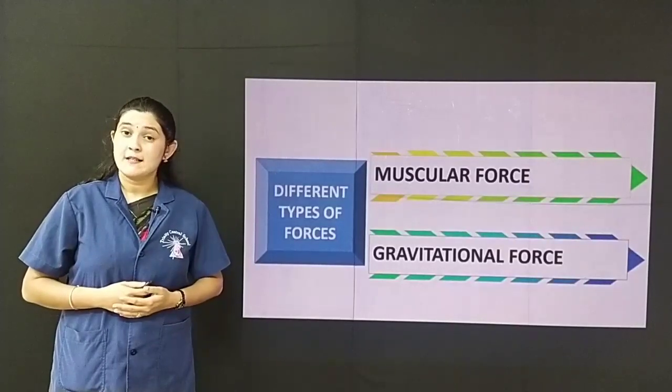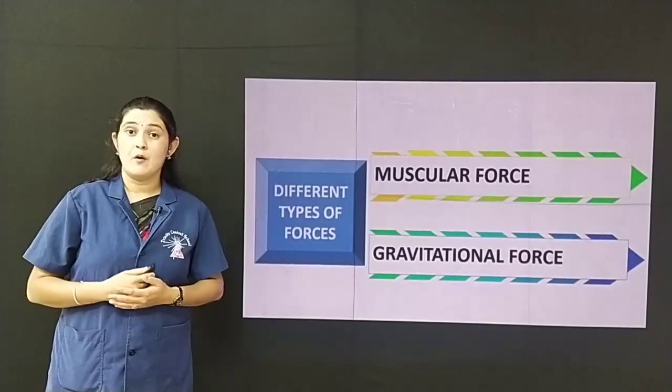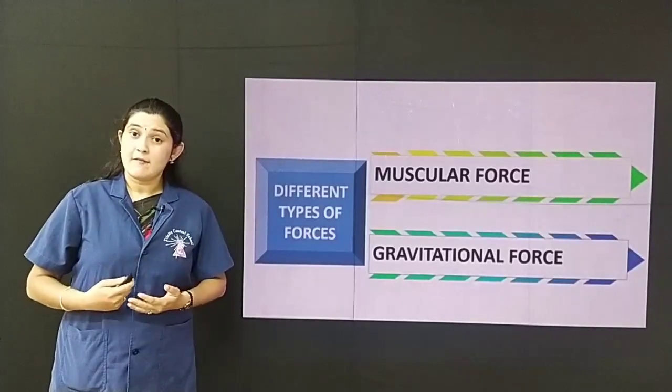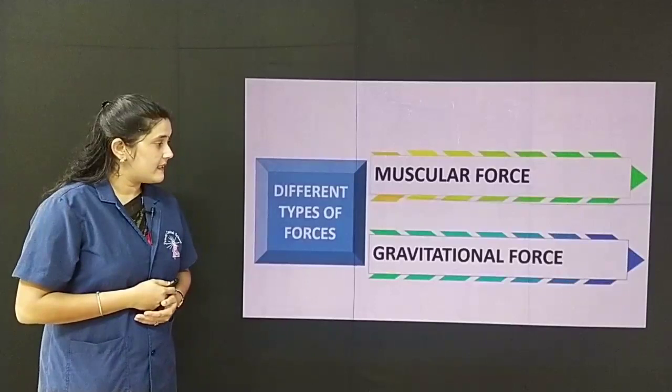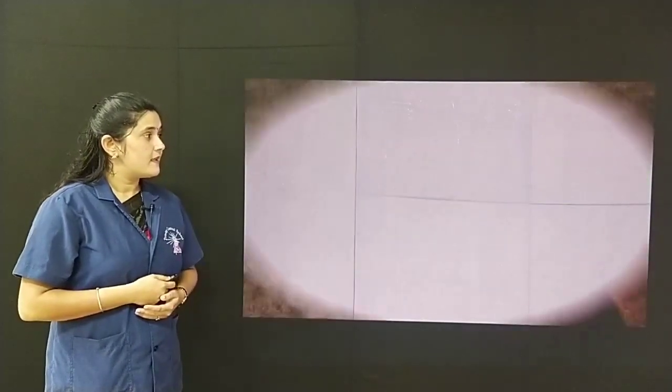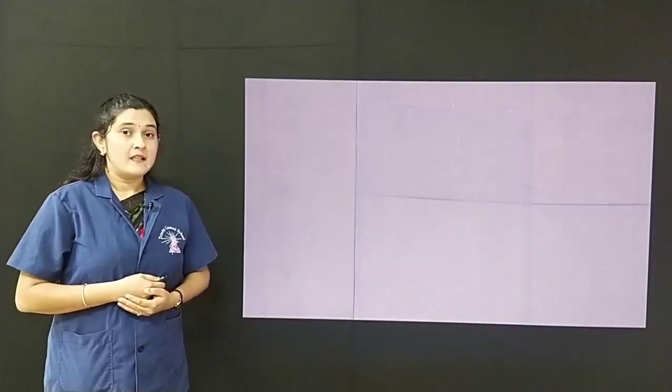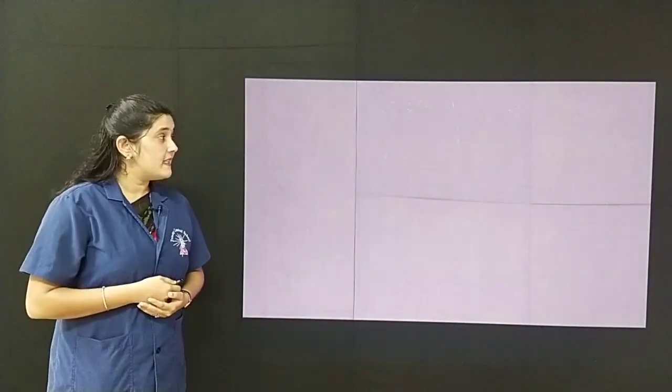You also studied the scientist who discovered gravity. Here is the picture of Sir Isaac Newton, who discovered gravity. The next type of force you studied is